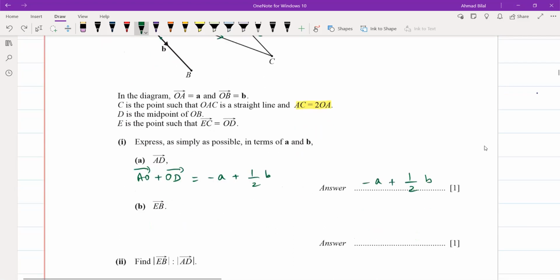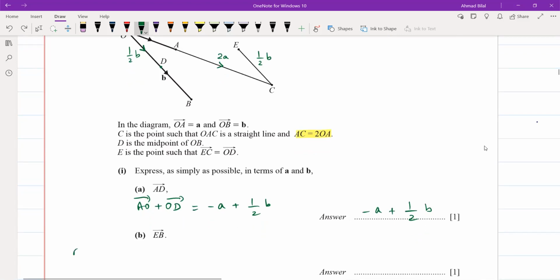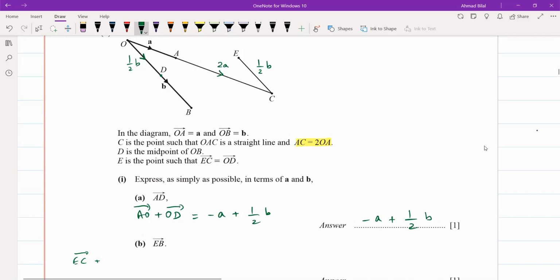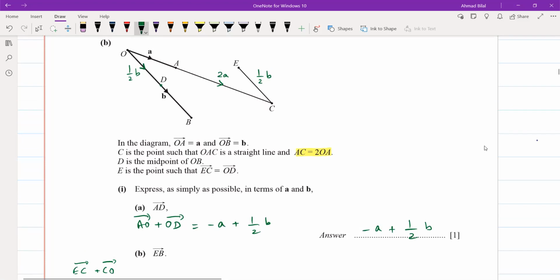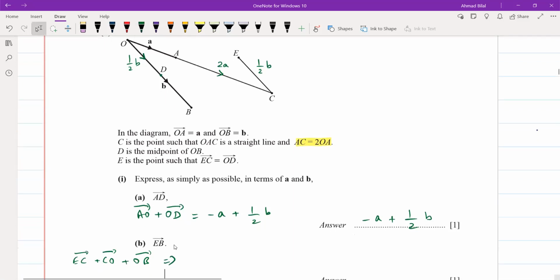So EB, इसको पूरा लिखो, it will be EC vector plus CO vector. C से O पे चले गए, E से C पे गए, C से O पे चले गए, and then you go from O to B। ठीक है, इन सारे वेक्टर्स को लिख लें। EC क्या है? EC is half of B।